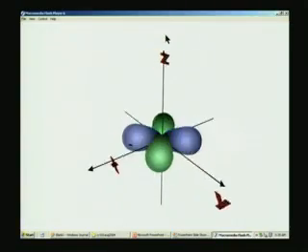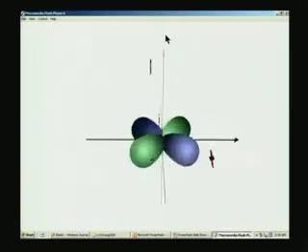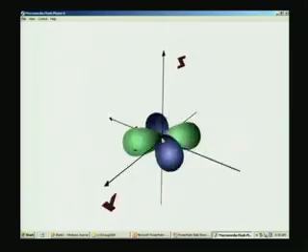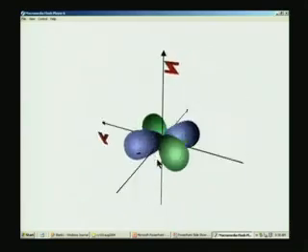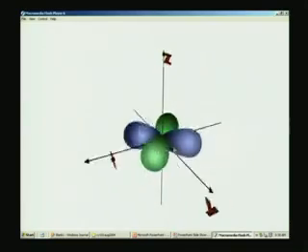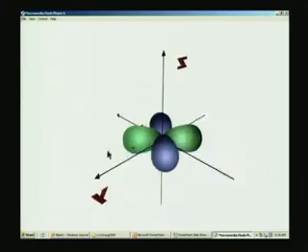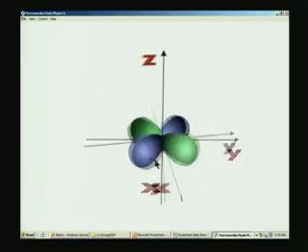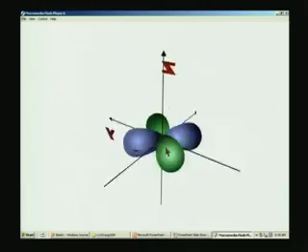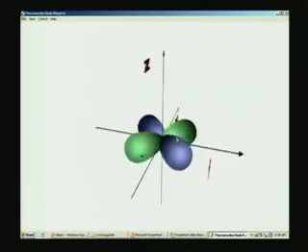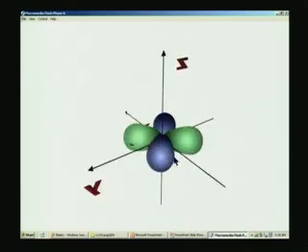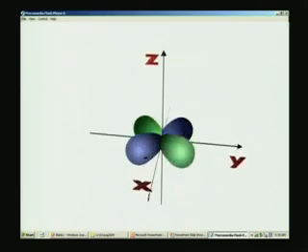The dxy orbital corresponds to two pairs of lobes with two different colors. You see the green and the blue here. Pairs of lobes pointing along the diagonals of the xy axis system. You see that they are in the xy plane, they also of course come out of the xy plane, but they are pointing along the diagonals of the xy plane. What about the next one? This is dxy,